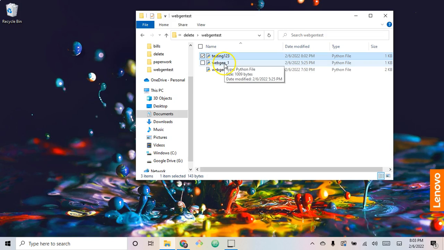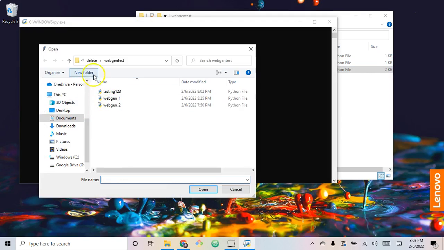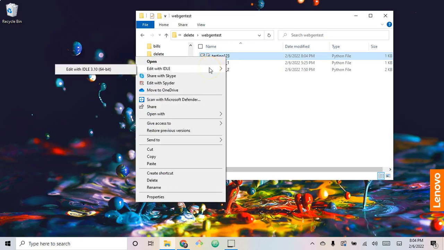So what it's doing here, if you haven't tested it, WebGen 2 is the finished one. So it runs and opens up the dialog box, so then we can just navigate to it. Here's a zip version of this I'm getting ready to send attached to this announcement, so you'll have these same files. And here's that one we just opened, which just has some trivial examples of a couple variables and a couple different functions. So I just select that file. It runs very quickly. And if we come over here and open this back up,